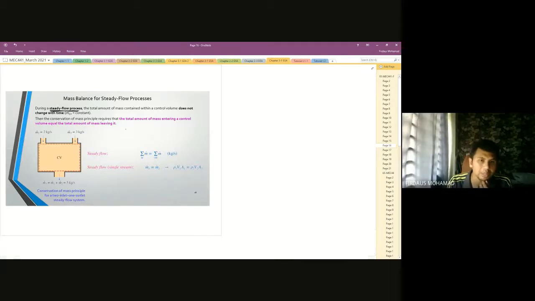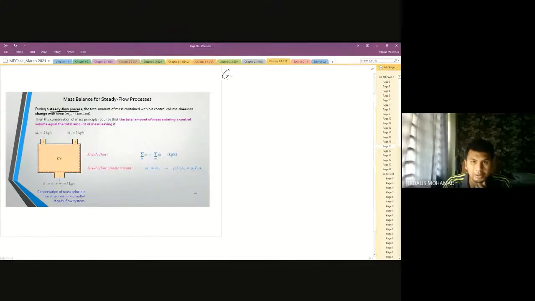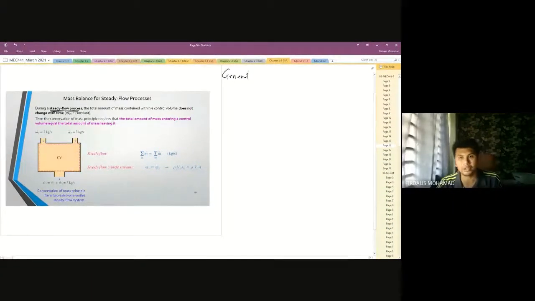So whatever is related to time, we cancel out. So from the general conservation of mass,